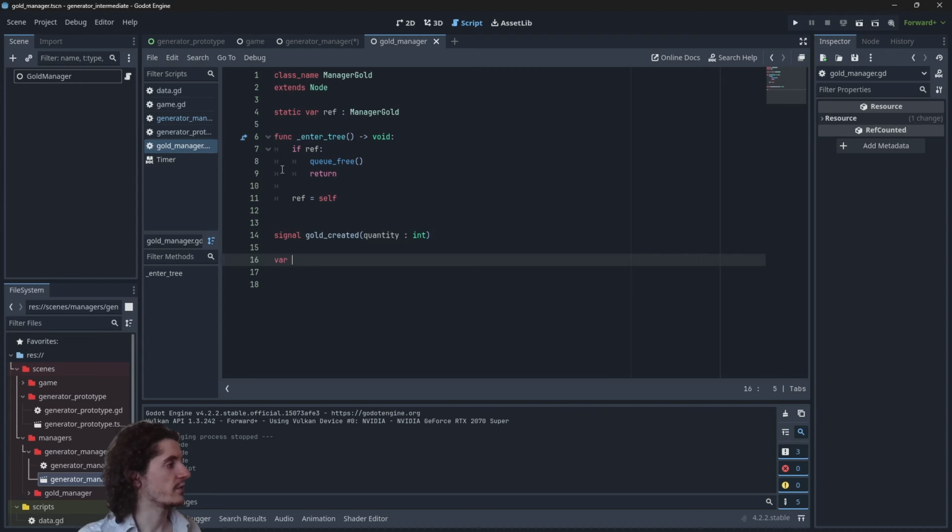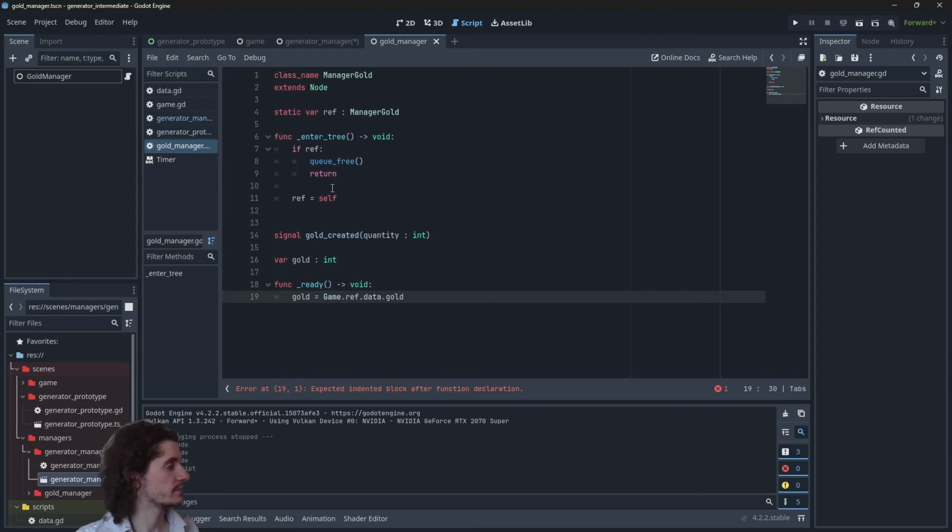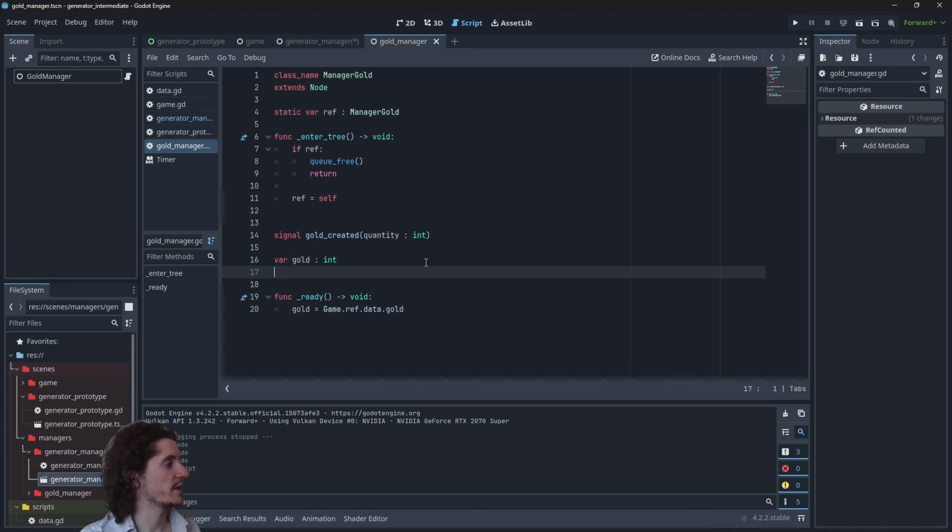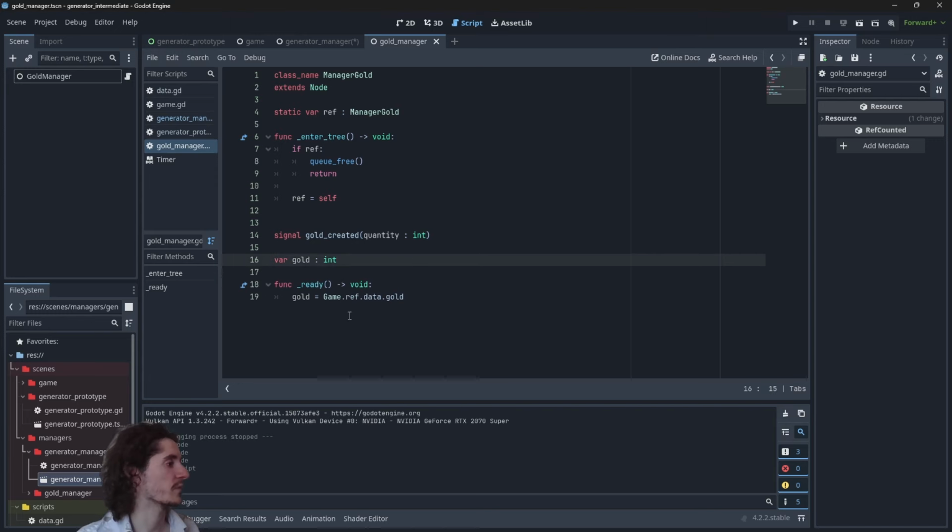Let's have the variable gold in there as well, like this. So already what we want to do, first thing we want to do is have gold equal to game.red.data.gold. Like this. Maybe because we could be using data a lot. I don't know. No, let's